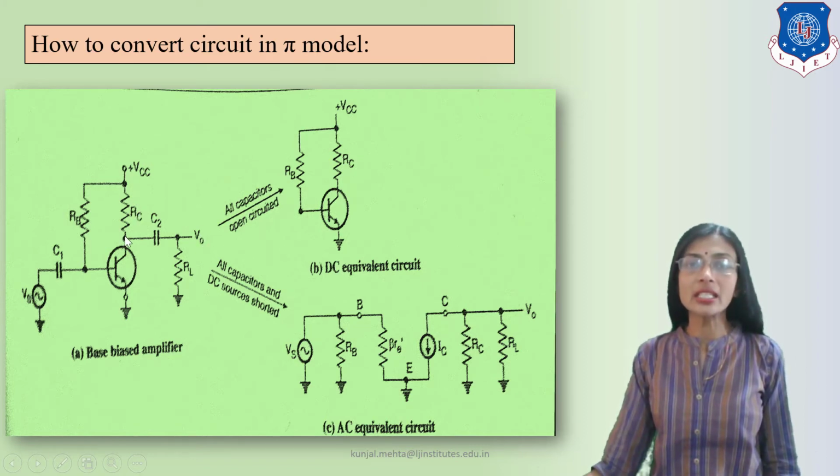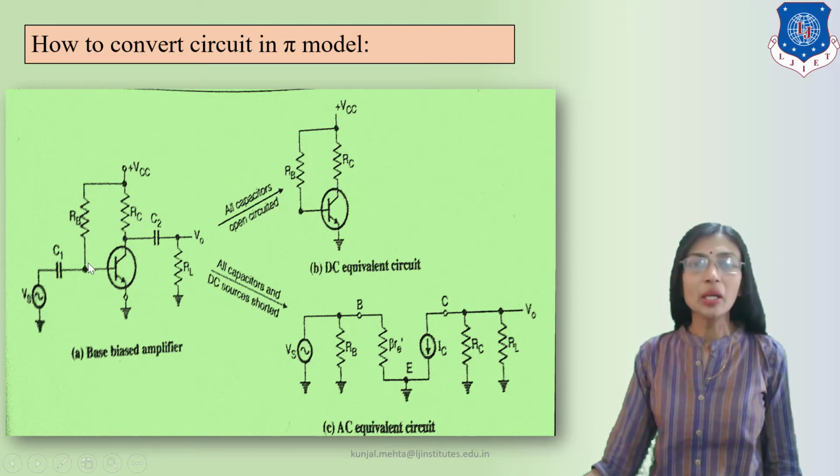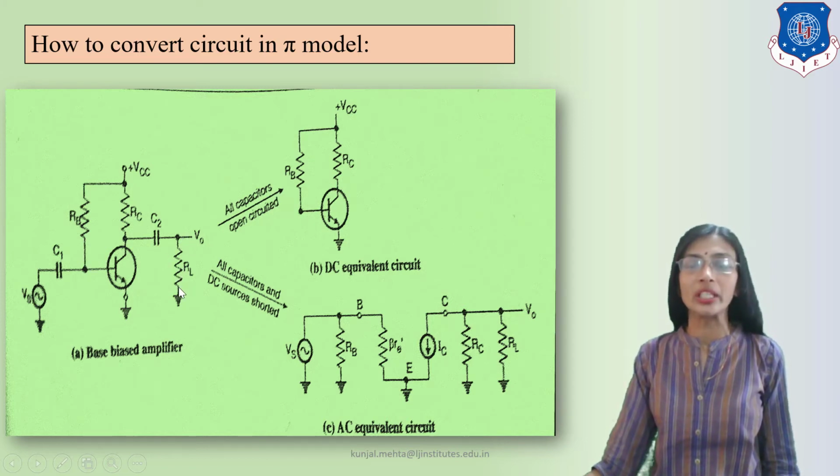One collector resistance is connected on the collector terminal and a base resistance is connected on the base terminal. And at the output we always need to connect the load resistance, which is denoted by RL. All these terminals are grounded at the other end like this: source, emitter and load resistance. The other end is grounded, it is common to the ground, right? The collector must always be connected to the plus VCC. So according to this, this is the DC circuit.